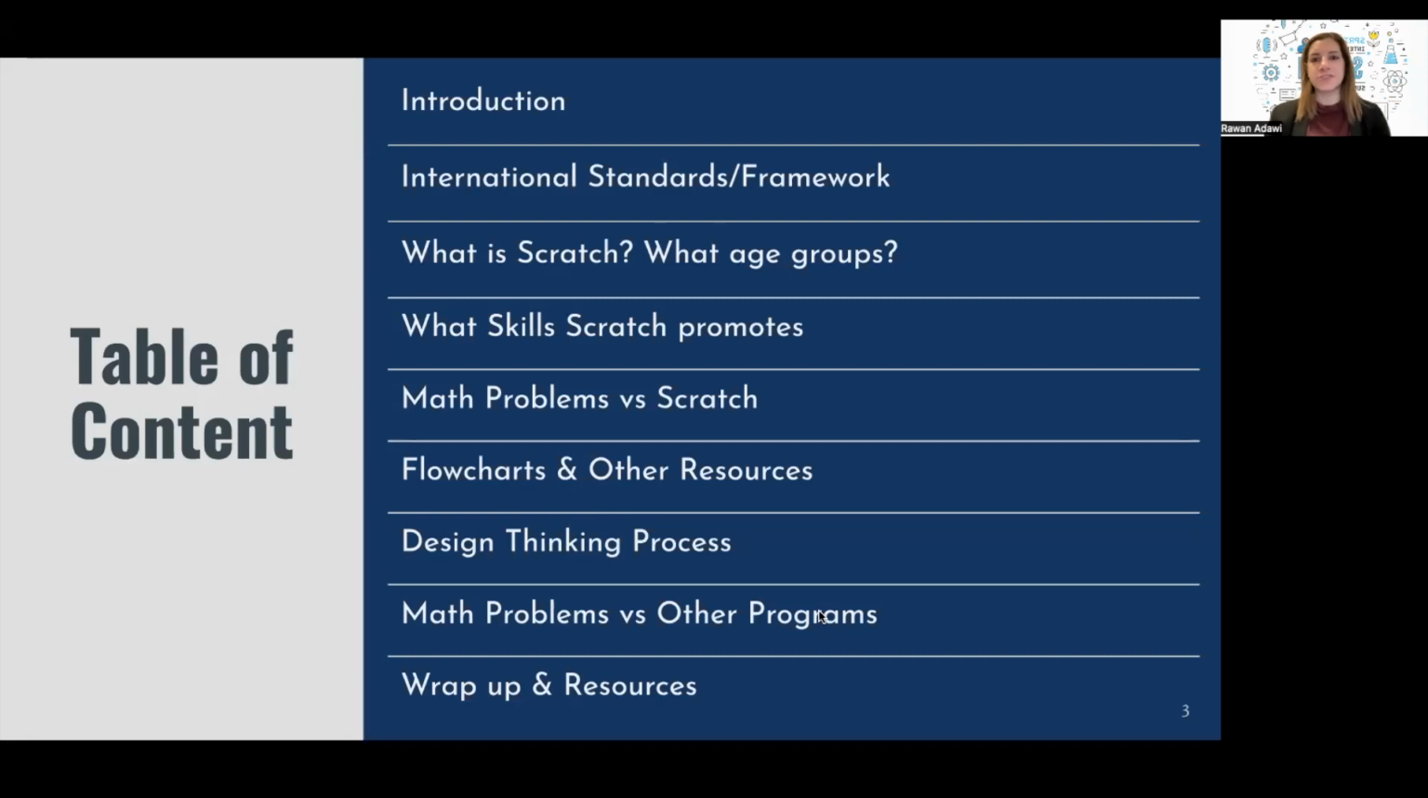So today's session, we're going to start with a little introduction to trigger some questions in our minds. And then we're going to look at international standards and framework. Then we're going to look at what is Scratch and how we can use it with which age groups and what skills Scratch can promote. After that, we're going to see how math problems can be solved through game design in Scratch and how we can also use flowcharts and other resources to help us break down problems and later on transfer them into games